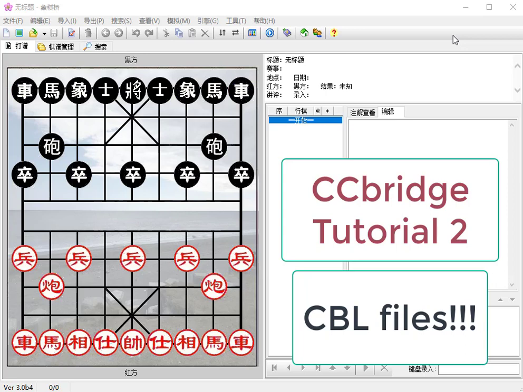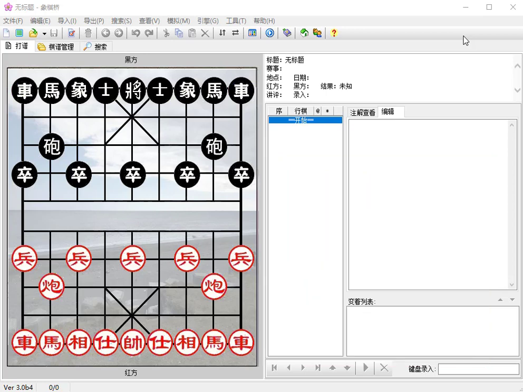In the last week we learned the basics of saving a game into XQF or CBR format. Now, one of the most powerful things that CCbridge can do is that it has the ability to save individual files into one big library. So that would be a CBL file. A CBL file will contain many